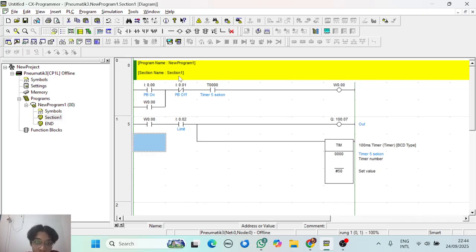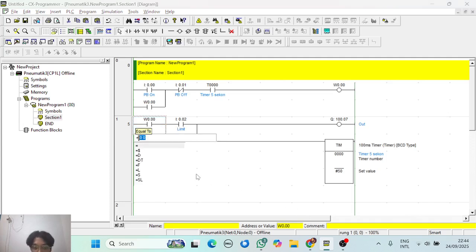Okay. If the relay is on, it will continue to the limit sensor that we press at 0.02, and we should add a value.